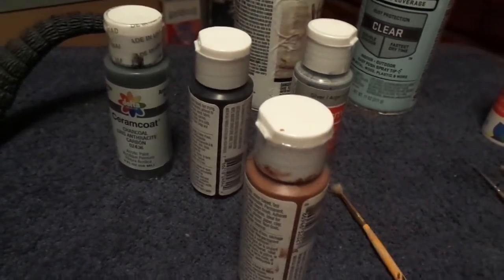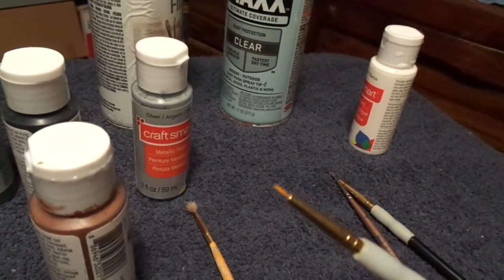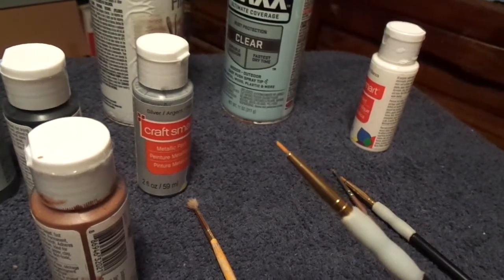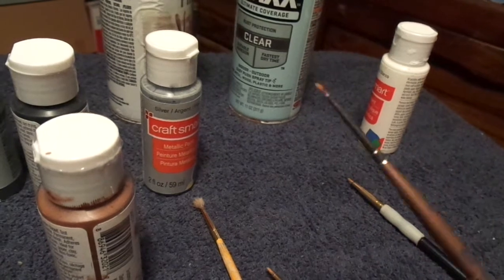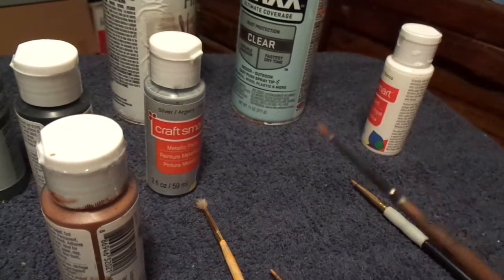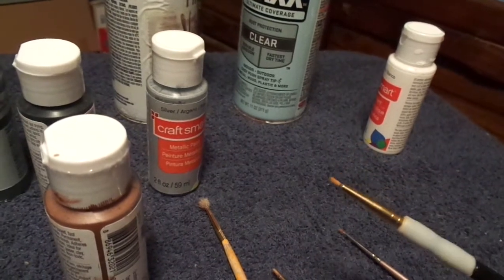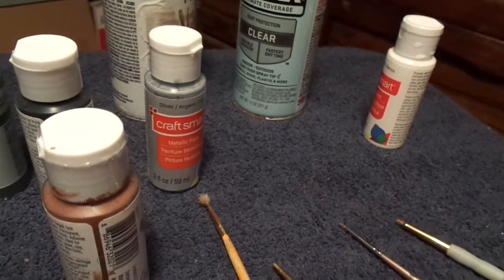And I also have some fine paint brushes for detail work. Like I use these on his claws and his toenails. You can get these at Hobby Lobby or Michael's, or Walmart might have some too. Mostly I shop at Hobby Lobby and Michael's. They have some pretty good stuff. Okay, so